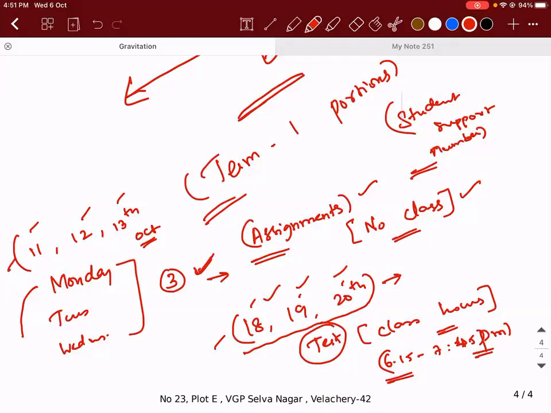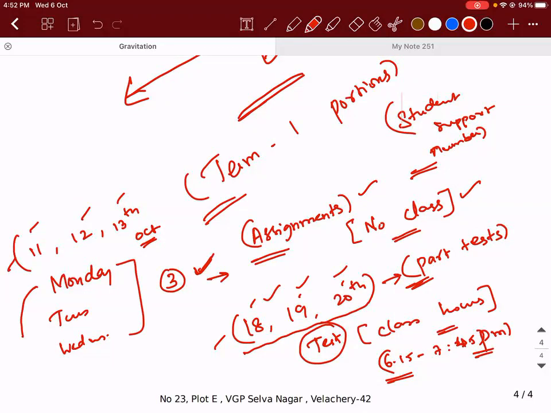That is 11th, 12th, 13th, utilize the assignments properly, and 18, 19, 20, utilize the test sessions properly. These are called part tests. I hope you understand what a part test is, right? It is not going to be full portion. It might be 2 or 3 chapters, something like that. I'll break it and give it, so that I'll combine an easy and a tough chapter. I'll let you know by tomorrow itself. Is it clear? So work accordingly and ensure you are more confident for your school exams.